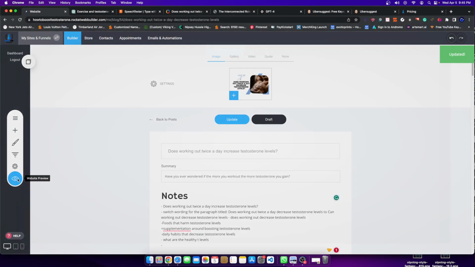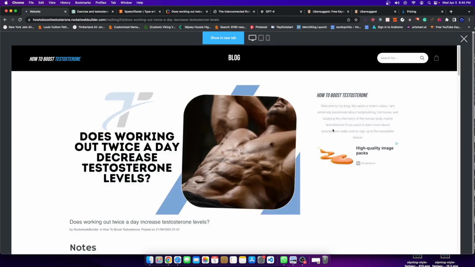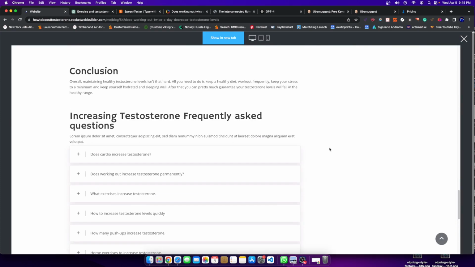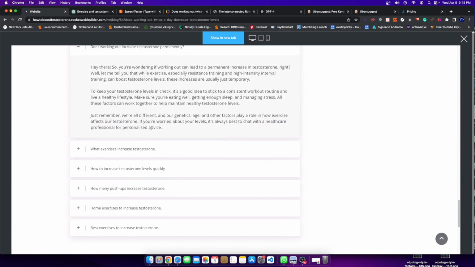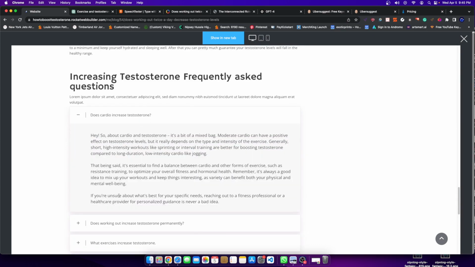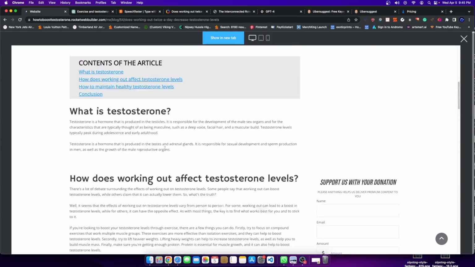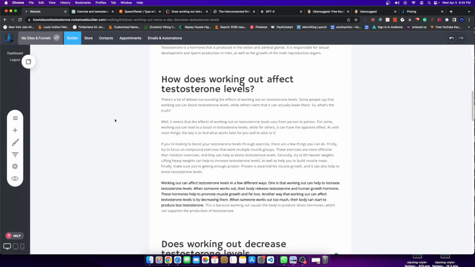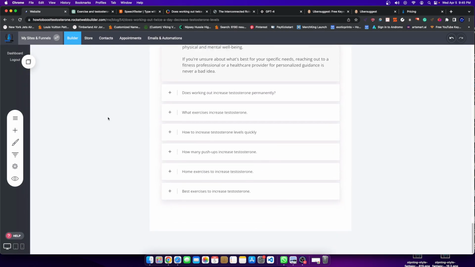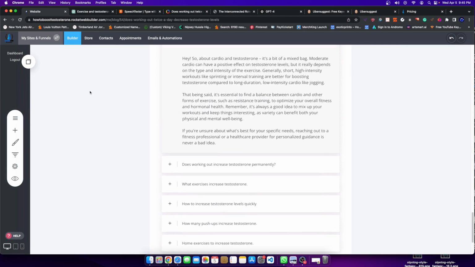And if I want to preview the article, now the article needs a lot of work, needs a lot of improvement. But if I scroll down here, okay, boom. See, we're getting everything we need to get here. And just bear with me because my computer is a little slow, but there we go. We got everything we needed. So that's an example of how to improve your ranking on Google, writing your blog with a simple fix. One simple fix that can improve your article, which is what you're seeing here.